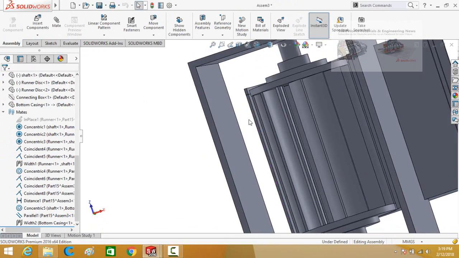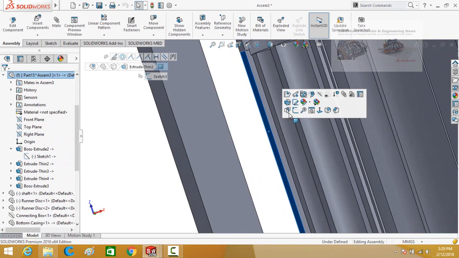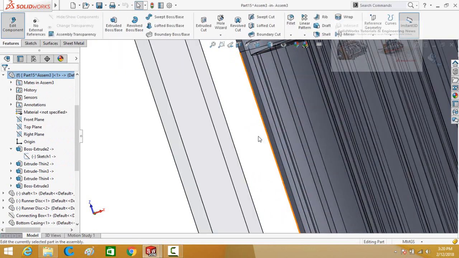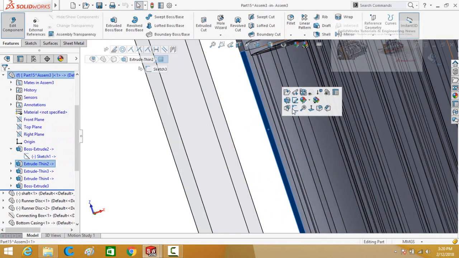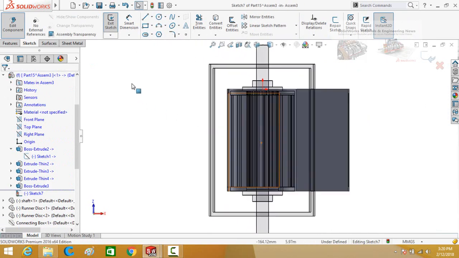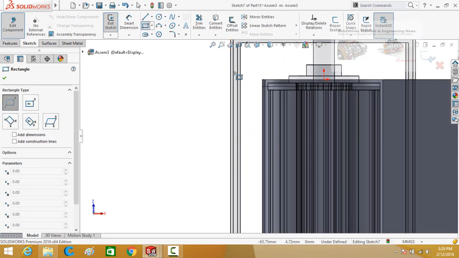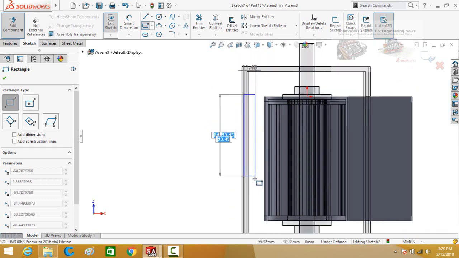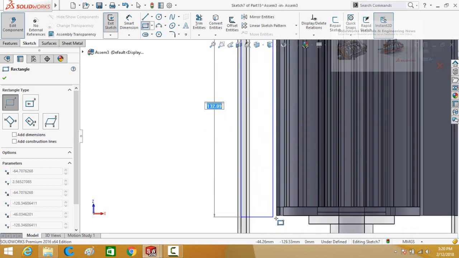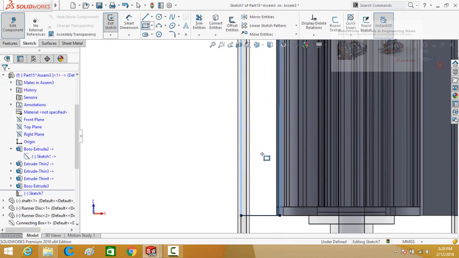Now we have to add a plate between both of these parts. So for that, click on this face of nozzle and then select edit part. Again click on this face and then select sketch. Now make normal to, draw a rectangle up to this point. Press escape button.